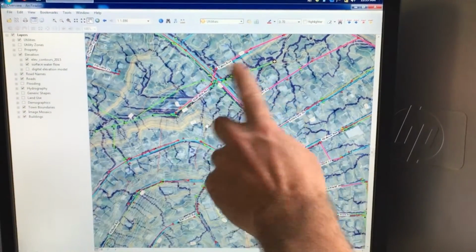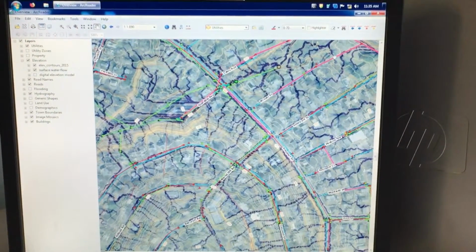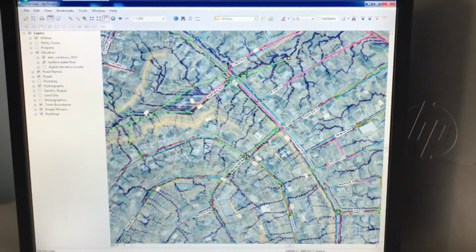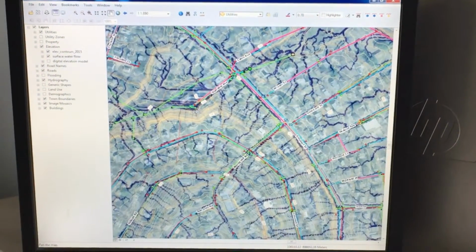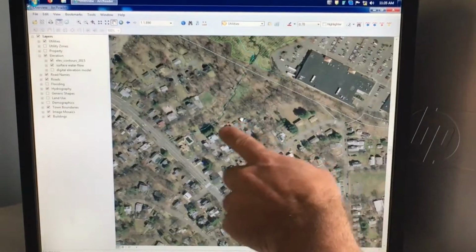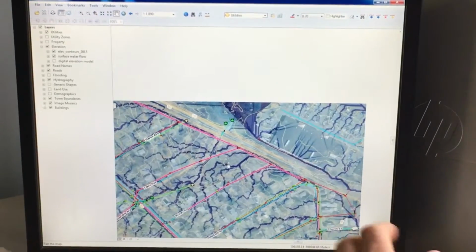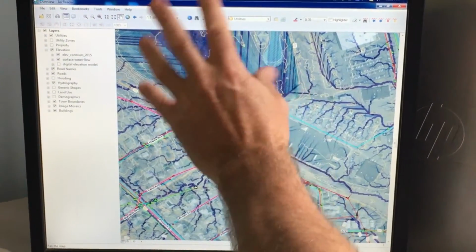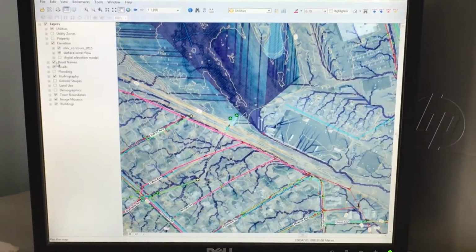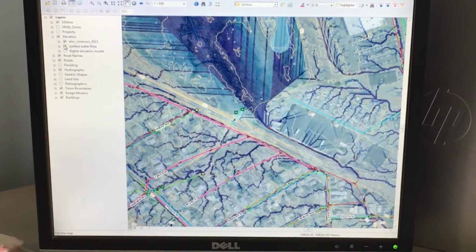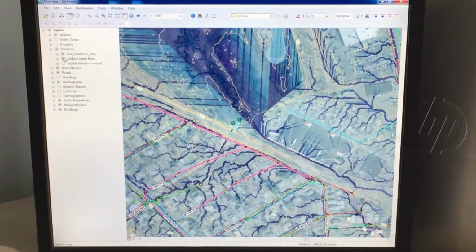You see, the green is the drain. The pink or the red is the sewer here. But like this ends up in a brook over here. The pipe ends here, and it ends up in a brook. But you can see here that's all flooding. So we're just starting to understand this stuff because we have better information about the elevations, and we can